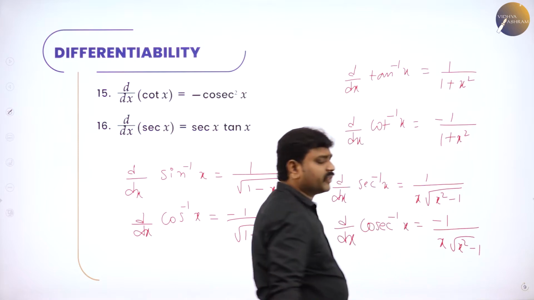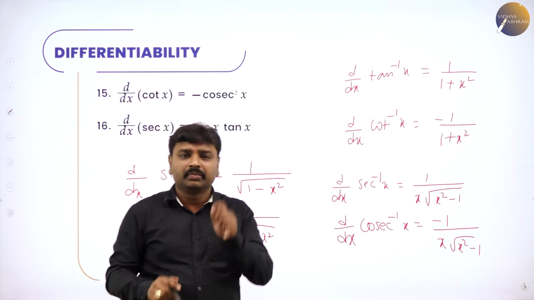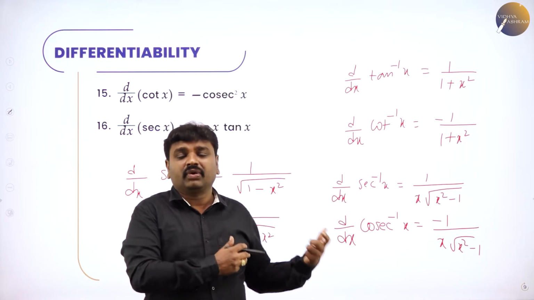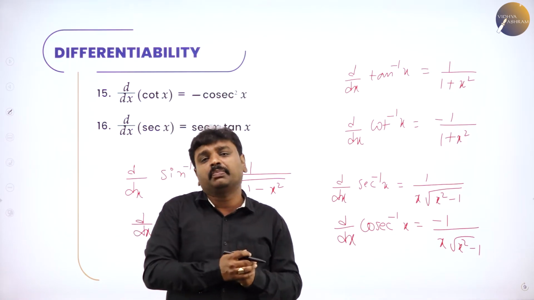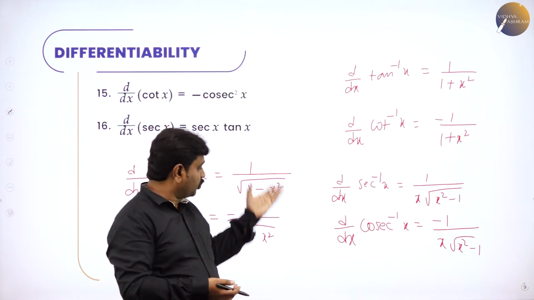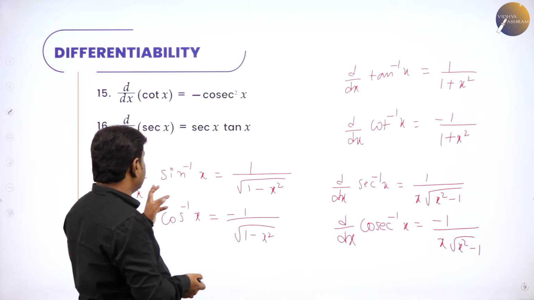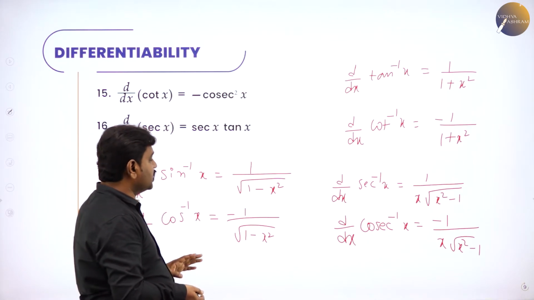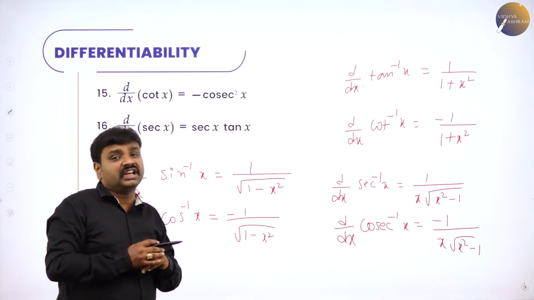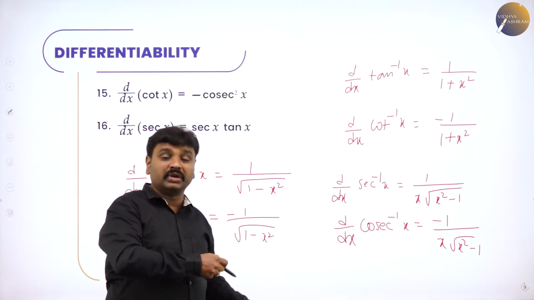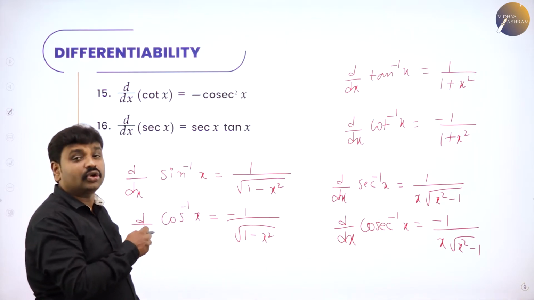If you ask me, sir, why are you writing all these things? Please understand, write and practice this. Once you get the grip of these formulas, only then the whole chapter becomes easy. And we need to prove these also. The derivative of sine inverse x is 1 by root of 1 minus x square, and cos inverse x is the same but with minus. Till trigonometric functions you have learned in 11th, and you have to become thorough with these inverse ones also, and we need to prove them also. We'll prove them by the chain rule method.